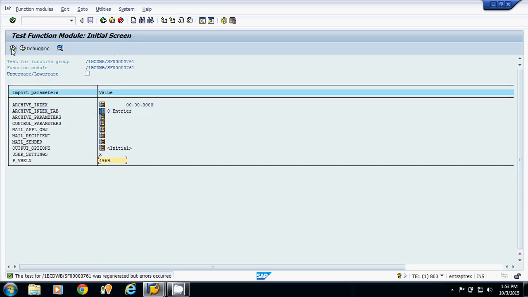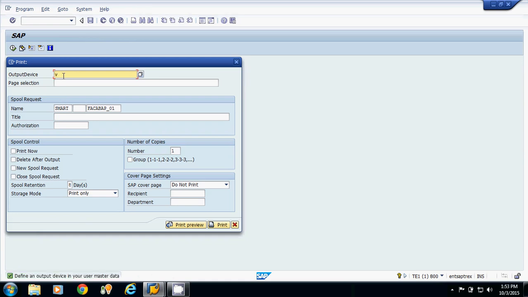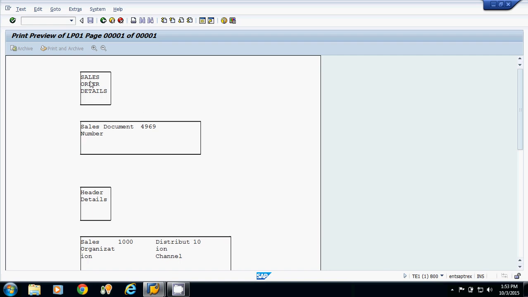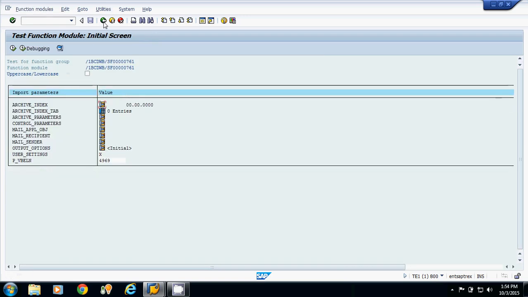Now I execute this, passing the output device, going for print preview. Now see, sales order details is coming. Previously this part was displayed with the help of a text element. Now I am displaying it with the help of a text module.